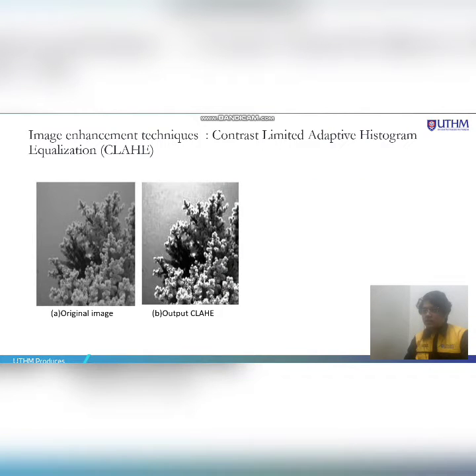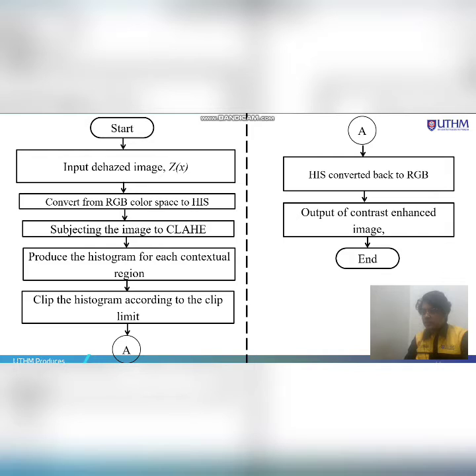So the second one for methodology is the image enhancement technique, contrast limited adaptive histogram equalization. As you can see, this is the output for CLAHE after the enhancement, and then as you can see, the input from this